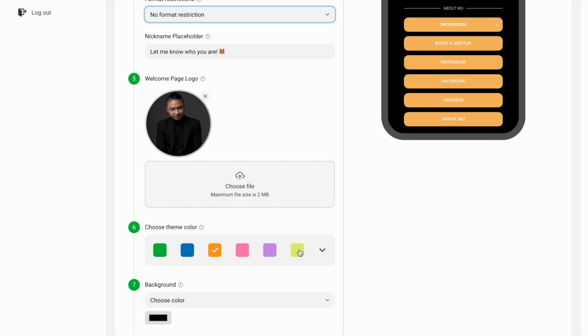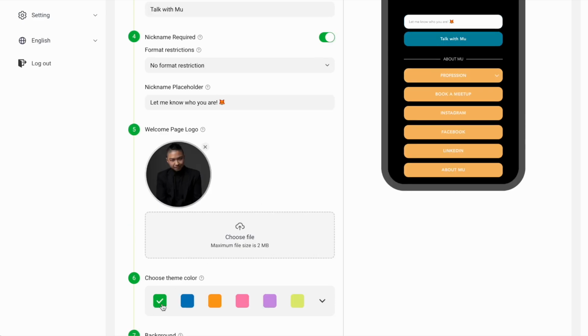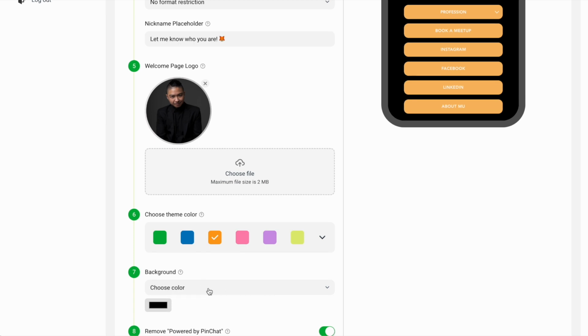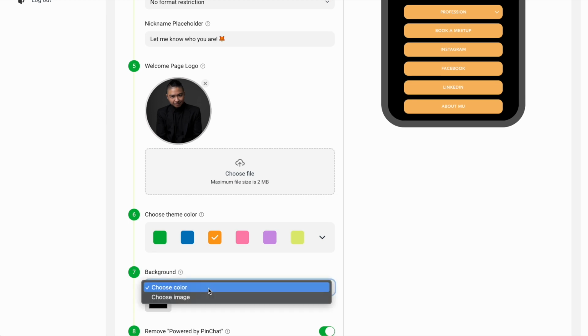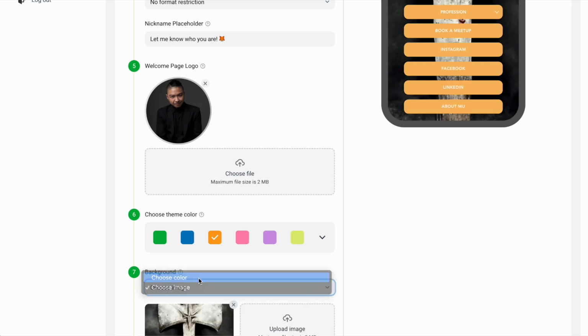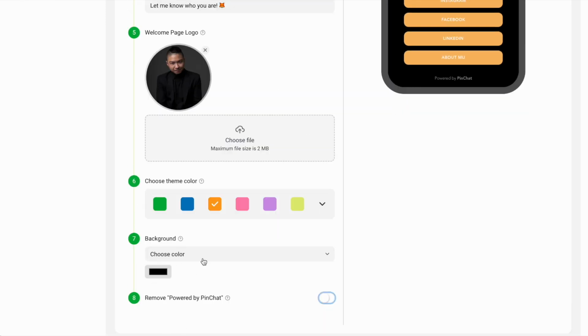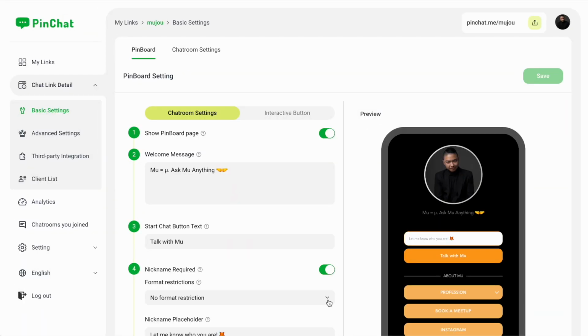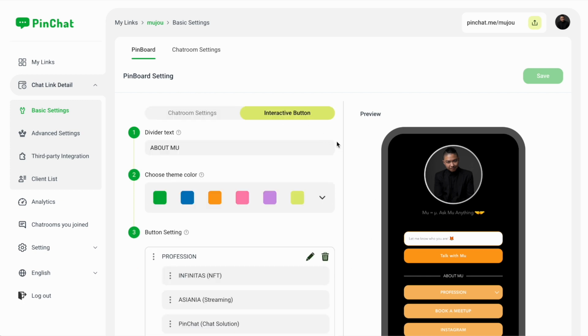Then choose the theme color of the button here. Then you can also choose the background color or upload an image as a background image. And last, you can remove "Powered by PinChat." Here, remove it. And next, I'm gonna introduce you to the interactive button, and you can also call it